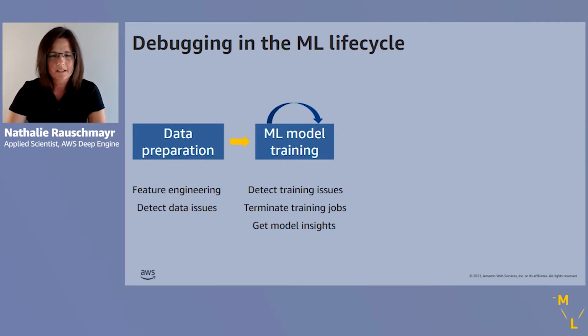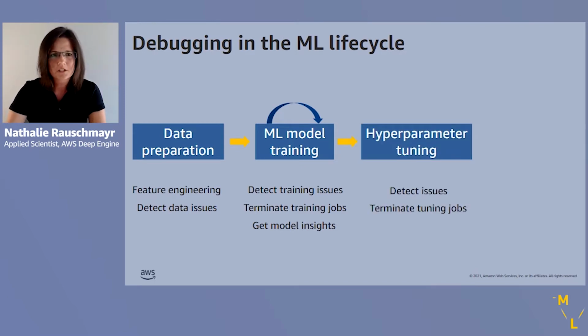Once we have high-quality training datasets, we are ready to train and create machine learning models. This is typically an iterative process where we try out different model configurations and different hyperparameters, and it may frequently happen that we end up with a training script where the model training does not converge. Debugging at this stage should help us to find these issues as early as possible, and we also want to be able to auto-terminate training jobs that would otherwise lead to suboptimal models. Debugging should also help us to get more insights into our model, for instance, trying to understand what kind of features the model is learning.